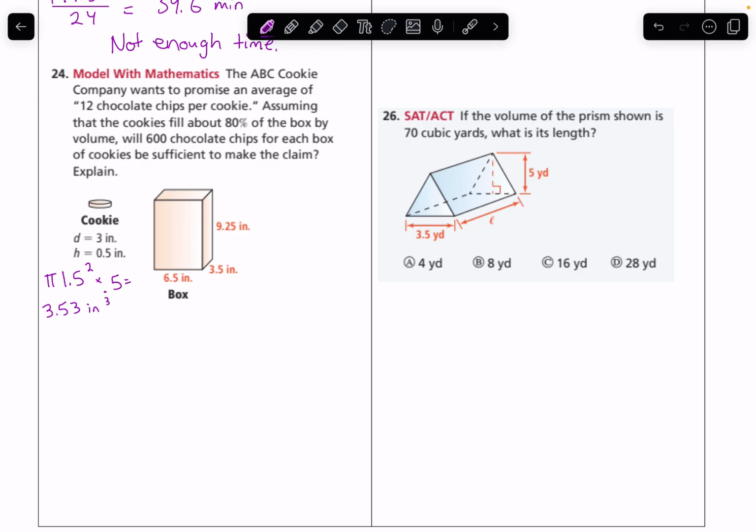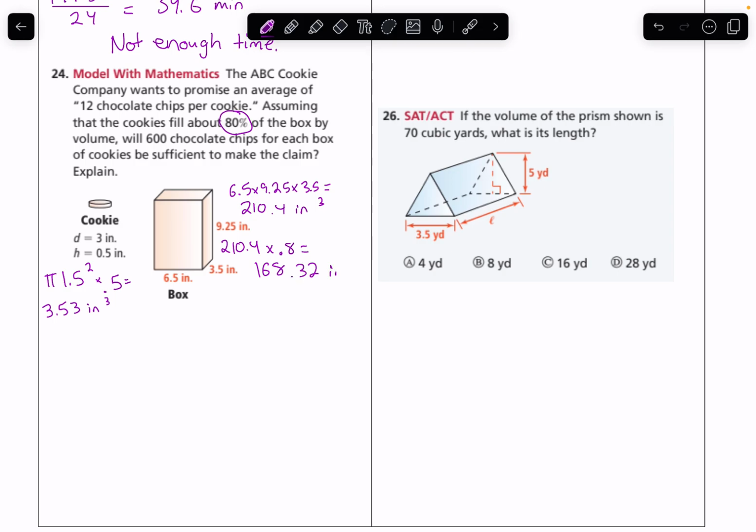Then we're going to find the volume of the box, which is, of course, 6.5 times 9.25 times 3.5. The volume of the box is 210.4 inches cubed. However, the cookies only fill 80% of the box. So we need to figure out what 80% of that volume is. So we'll take the volume, 210.4, and multiply it by 0.8, 80%, to figure out that 80% of the volume is